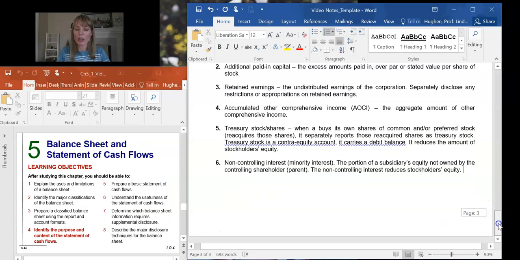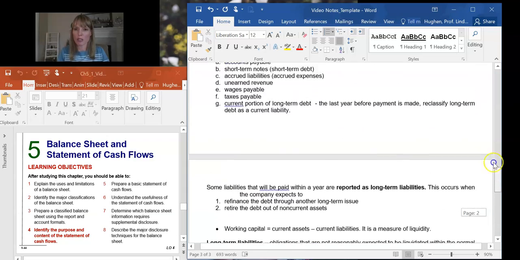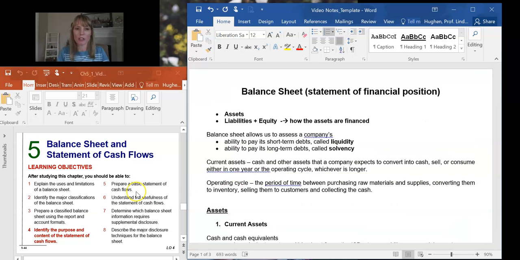Okay, that concludes our discussion of the balance sheet. The next topic for the semester is going to be the statement of cash flows, and that will be in a separate video. Please be sure to be very familiar with these notes, have them available with you in class,